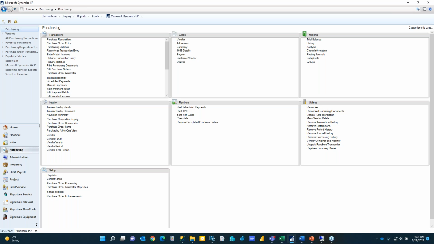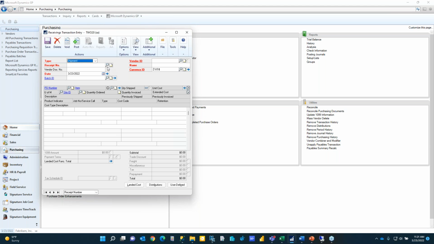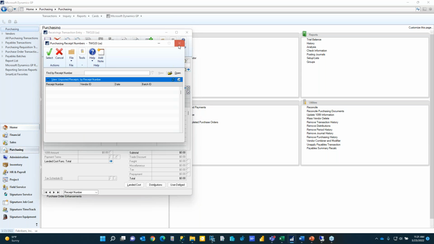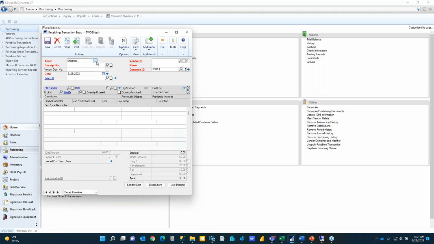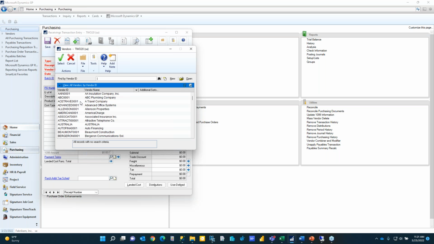Use tax. Can you show us the process in receiving transaction entry? Yeah, do you want to bring up that? I don't know if I have something ready here. I don't have any already there. Oops, I need to switch it to shipment invoice. And while you're looking,